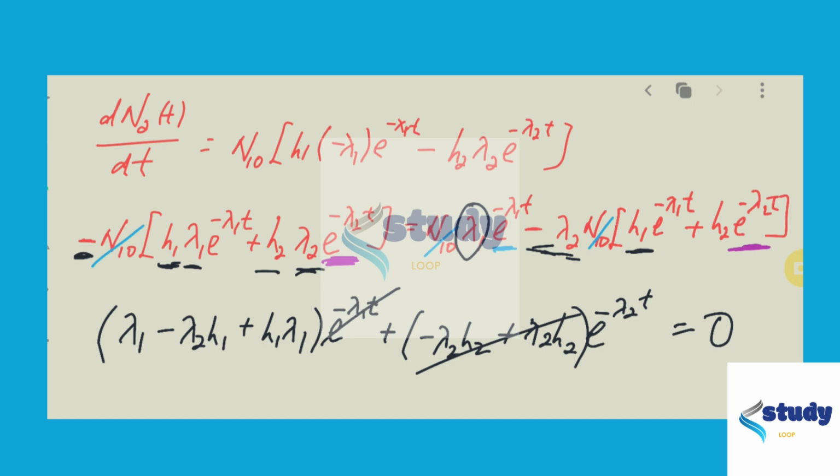We know that T is always positive, right? Which means that this term will never be 0 because it is a finite value. So we can just get rid of this. We can divide this away, right? And we are left with